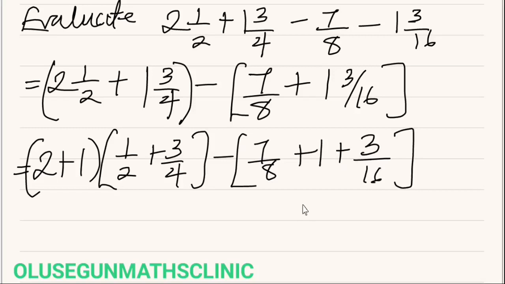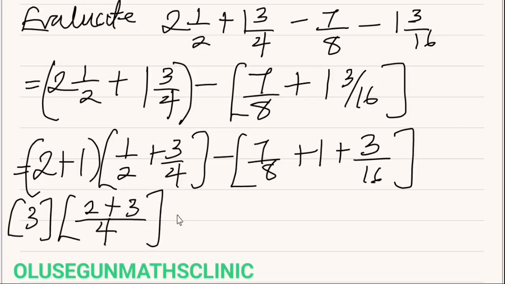Able to see. So let's rearrange. The LCM around here is 4. 2 in 4, we have 2 plus 3, minus, you now rewrite to have 1 plus 7 over 8 plus